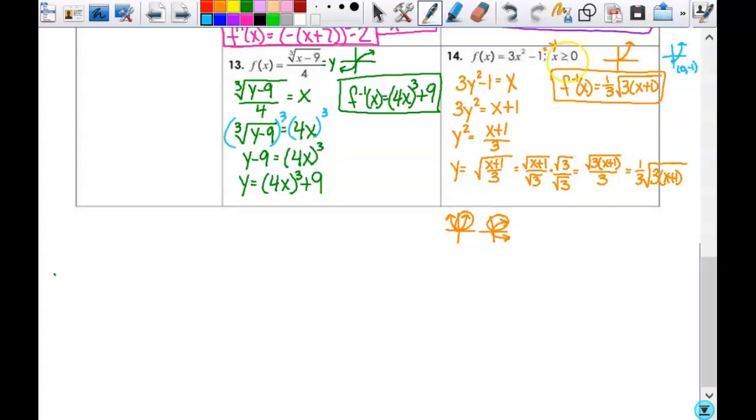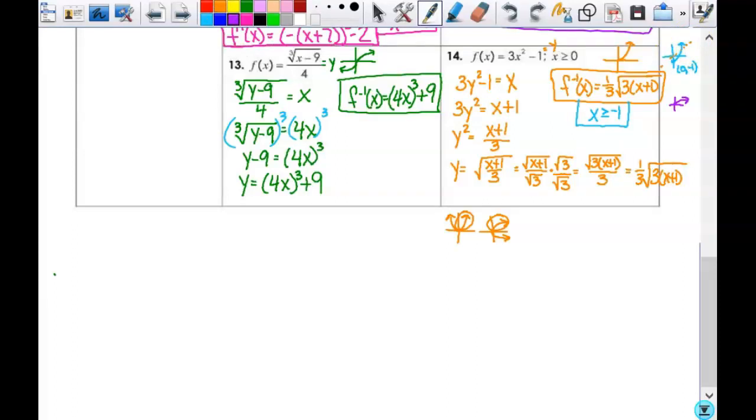So my range becomes my domain here. So it's not that my x's have to be greater than or equal to 0 here. My x's, which were my y's here, have to be greater than or equal to -1. Okay, because that was this range. If you're not sure about that, you can graph this, and we can look at this a couple of different ways, actually. If I was to graph this, I know what the square root parent function looks like, right? Looks like this. Or I don't even have to worry about graphing the parent function. If I'm going to reflect it in the line y equals x, like right here,